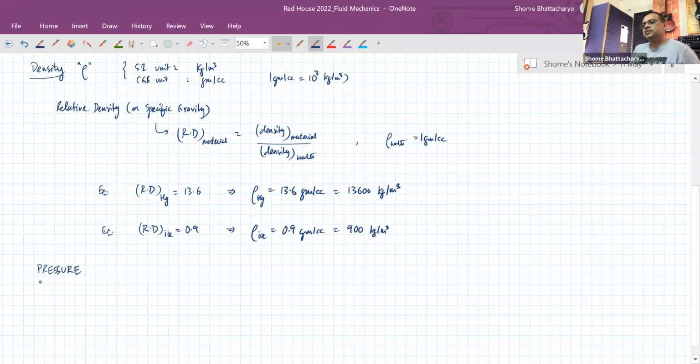Now, the next physical property related to the liquid we'll discuss is pressure. Pressure is a very interesting property. How do we measure pressure, or what is the definition of pressure? Anybody can tell? Force per unit area. Okay, that's correct. Force acting perpendicularly per unit area, that is the answer that Ansh has given. So it's a little bit more precise. We can say it is normal force or perpendicular force per unit area.